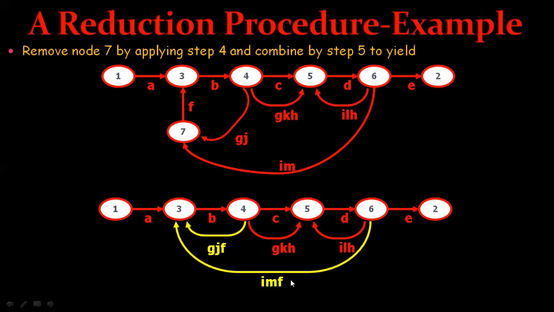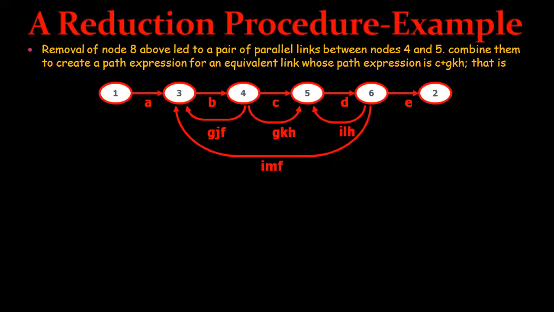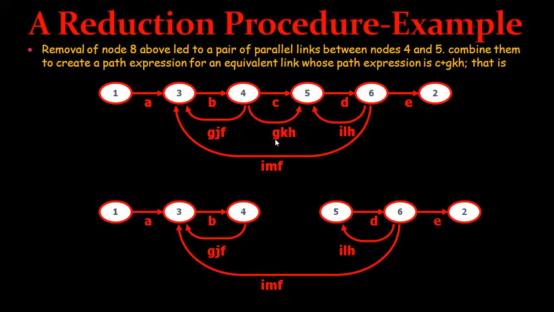Okay, so here you can see the parallel edges between link 4 and 5. So the link 4 and 5, we are having parallel edges. So how can we write if we are finding any parallel terms? So here we have parallel edges. So I can write it as C plus GKH. So here, these are two parallel edges. You can see here. Those are the parallel edges. So removing these parallel edges, we can link between 4 and 5, writing C plus GKH.